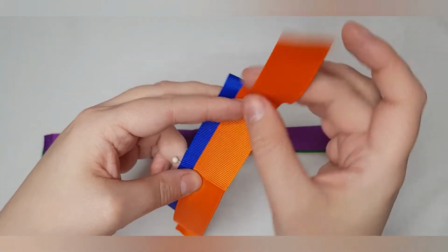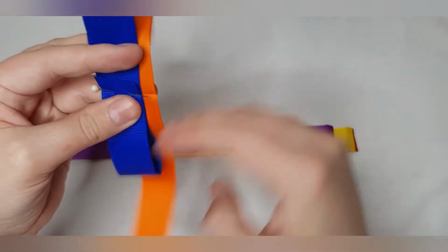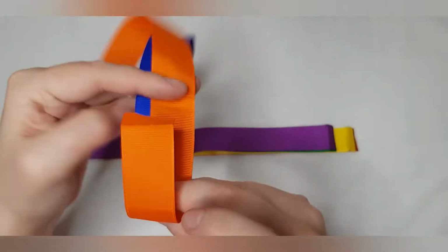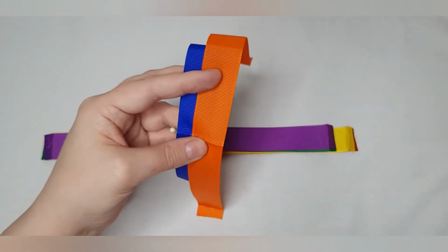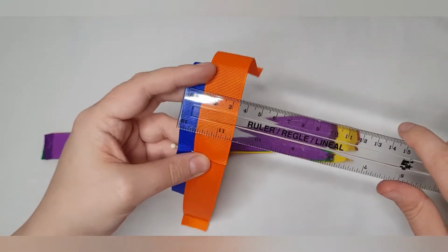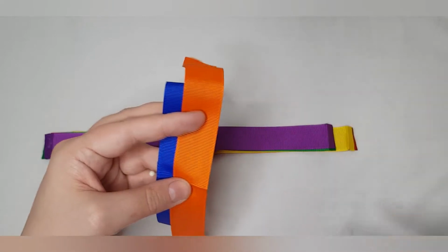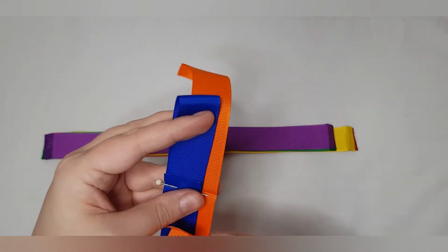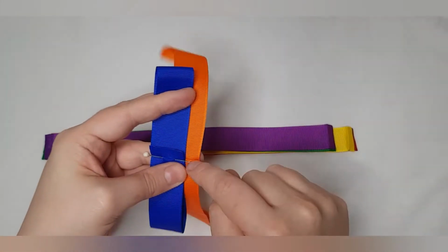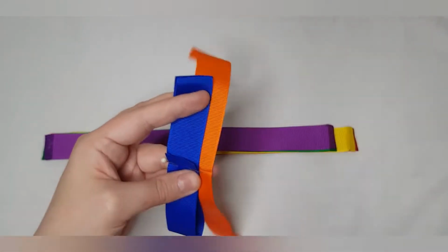What I suggest doing at this point is, once we've got it wrapped round, what you want is roughly 1 centimetre gap between each layer. So if you're sure your centres line up and that you've got your centimetre there, what you want to do